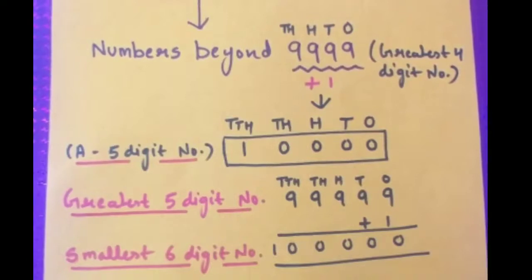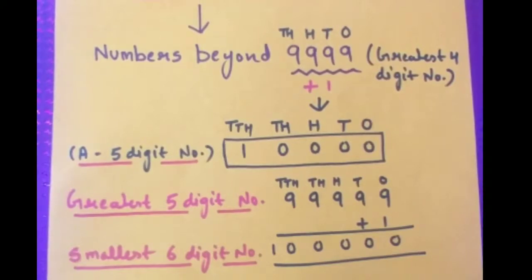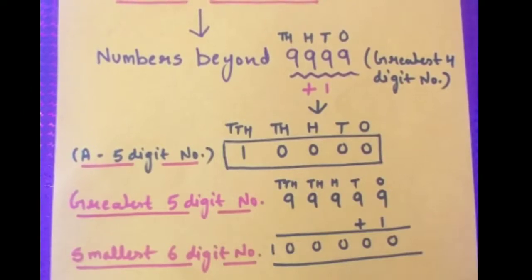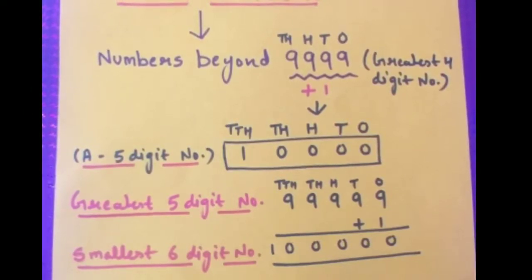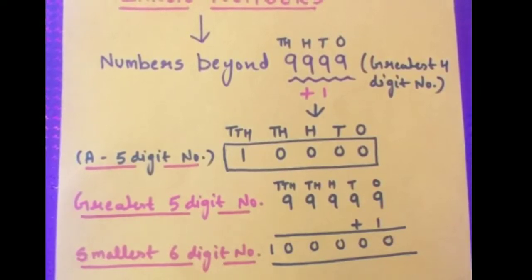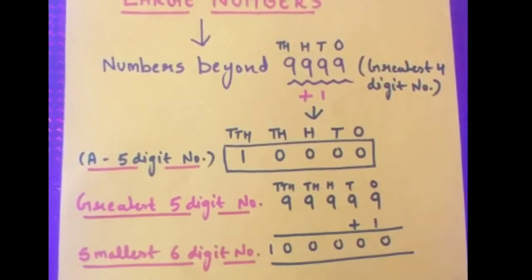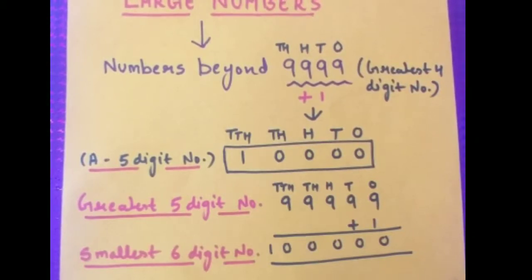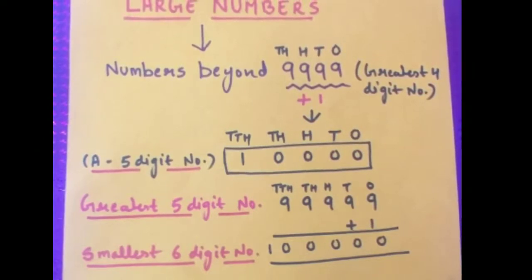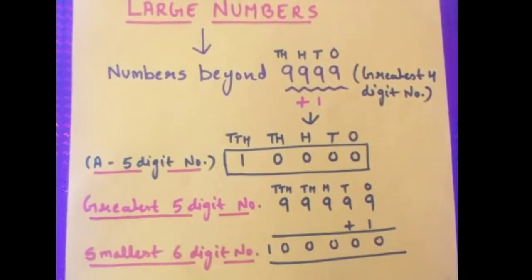So students, let's start. What we have studied was that the numbers that are beyond 9999 are considered large numbers. 9999 is the greatest 4-digit number. When we add 1 to it, we get the smallest 5-digit number, that is 10,000, and when we move on, we get the largest 5-digit number, that is 99,999. Similarly, if we add 1 to this greatest 5-digit number, we get the smallest 6-digit number, that is 1 lakh. And the largest 6-digit number is